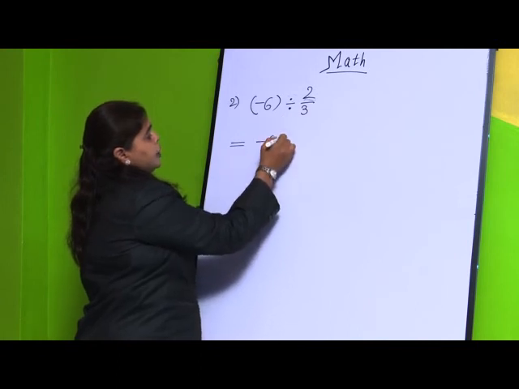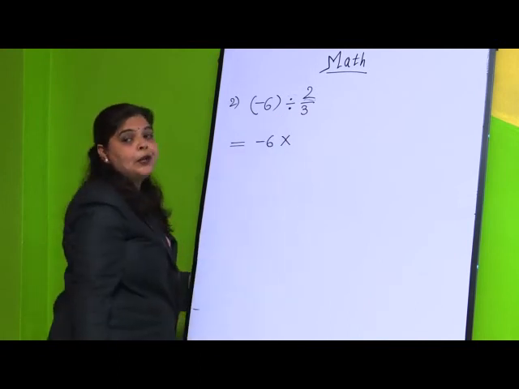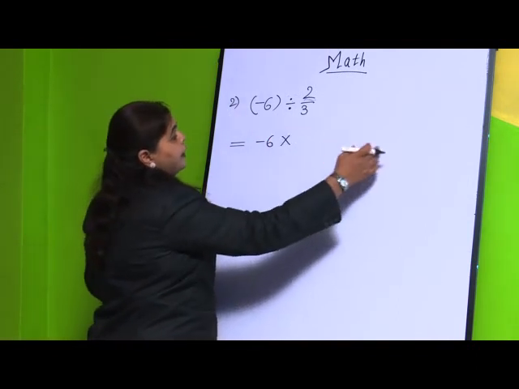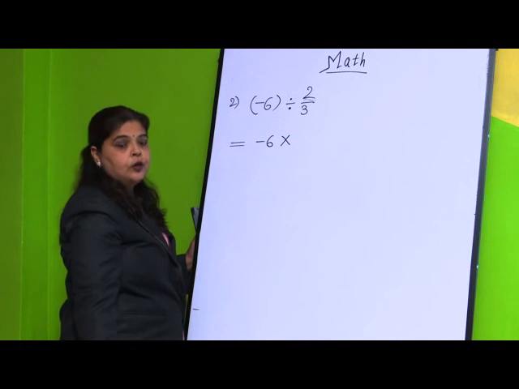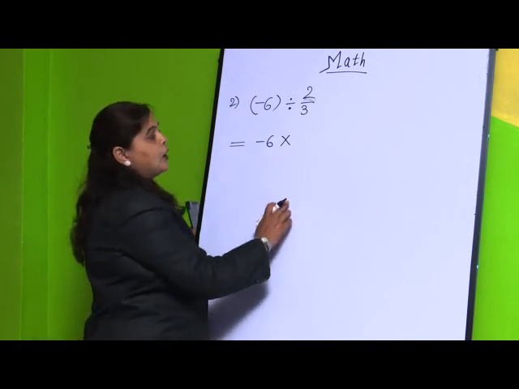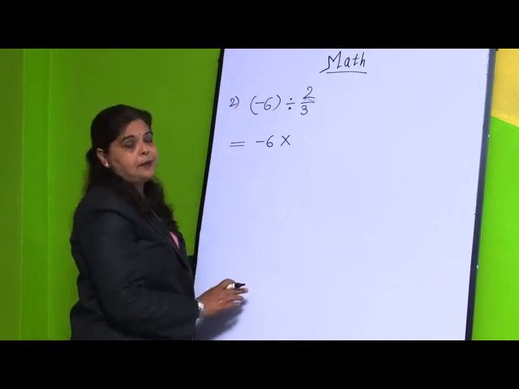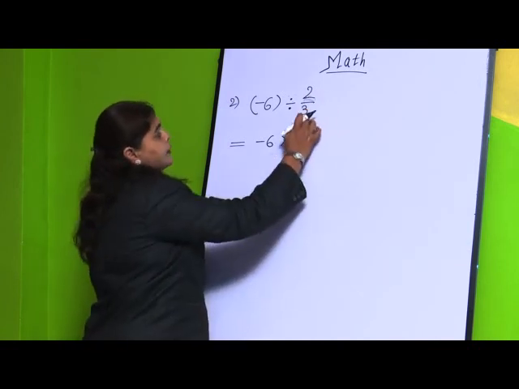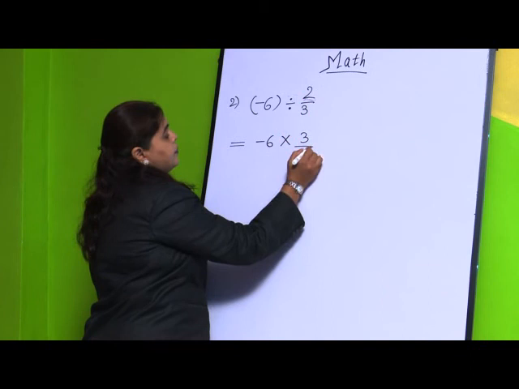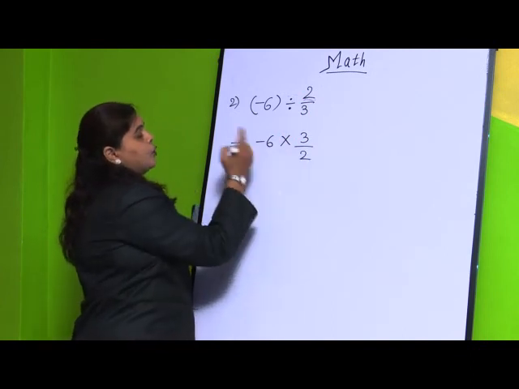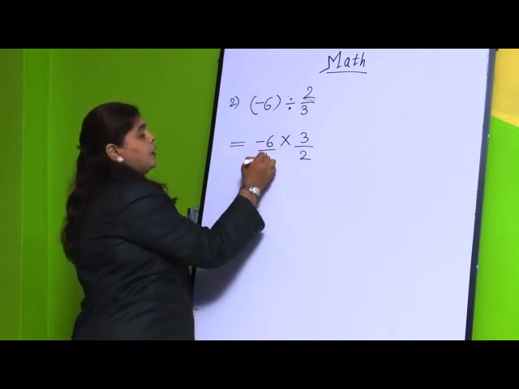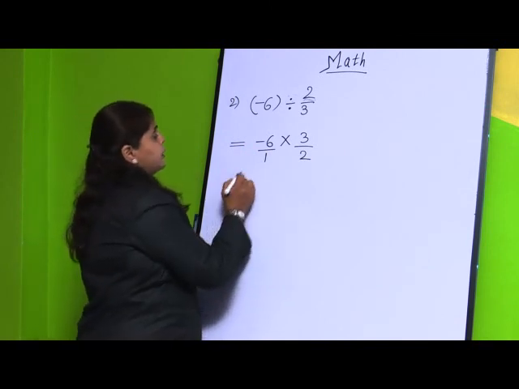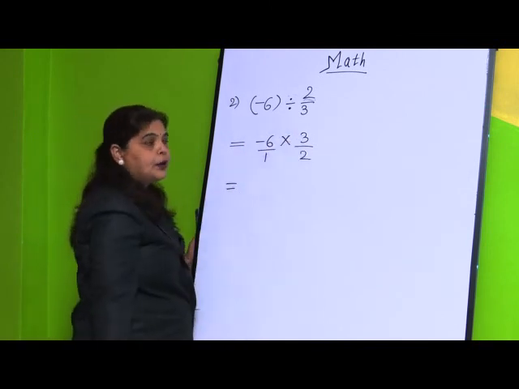What will be the rational number of this? Now you know, no need to write every time a step that the reciprocal of 2 upon 3 is 3 upon 2, because when you have to understand, then we have to go step by step. Now you can write directly that the reciprocal of 2 by 3 is nothing but 3 by 2. Now if nothing is there, what will it be? It is always 1. So now it will be easier for you to multiply numerator to numerator.